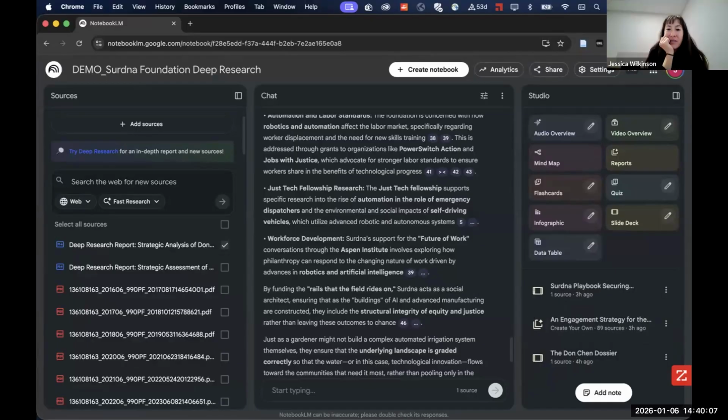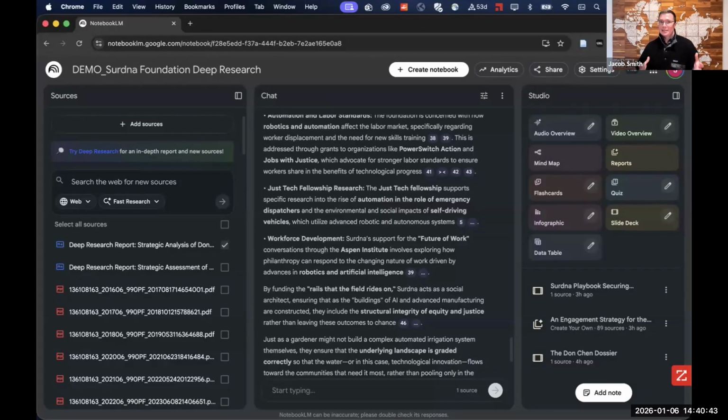So I see we have a question in the chat. Have I tried it on myself to see how accurate it is? I have not, but I will do that after this session because I think that's actually a really cool experiment. And it brings up a great point. I'm walking through the latest and greatest capabilities of these tools, but there's still the capability, even with sourcing all of this information, that it could be hallucinating. It could be pulling things from sources that are not as accurate.